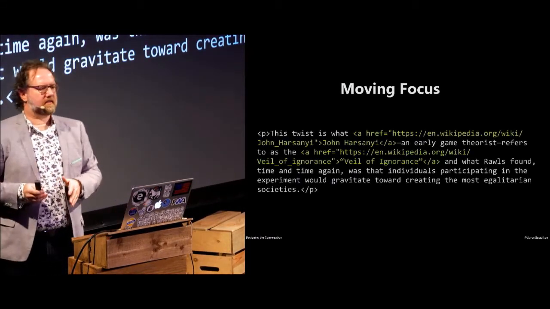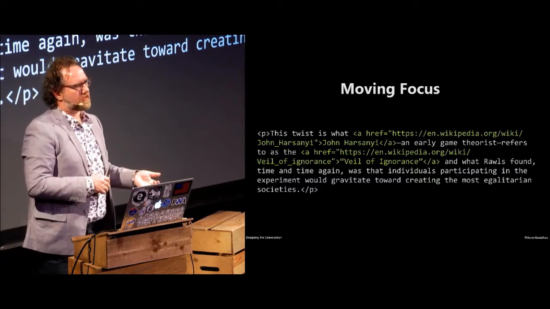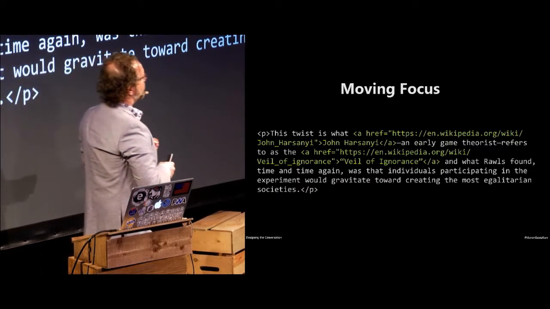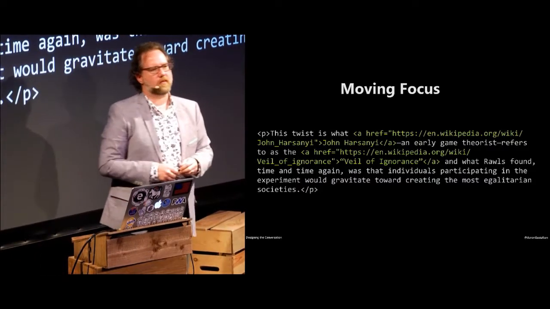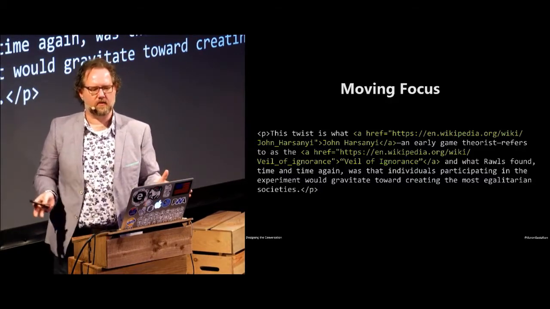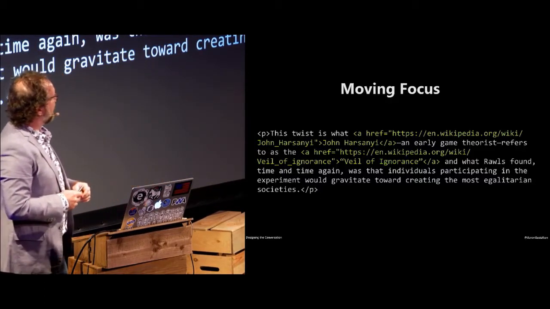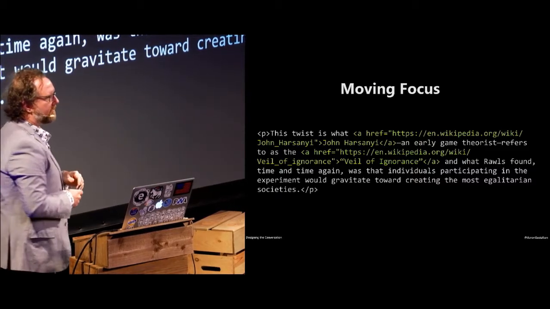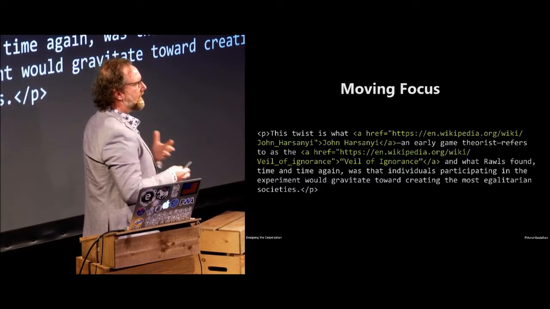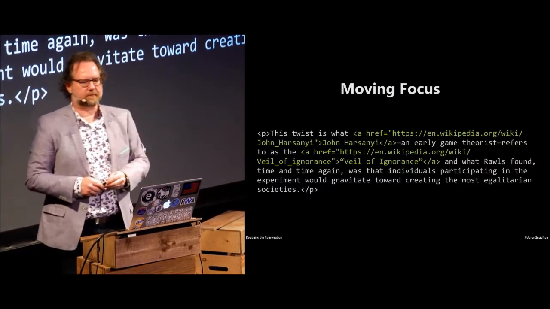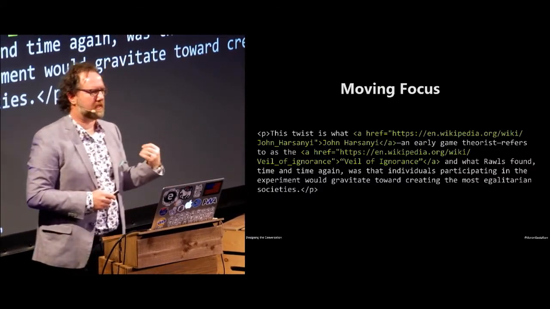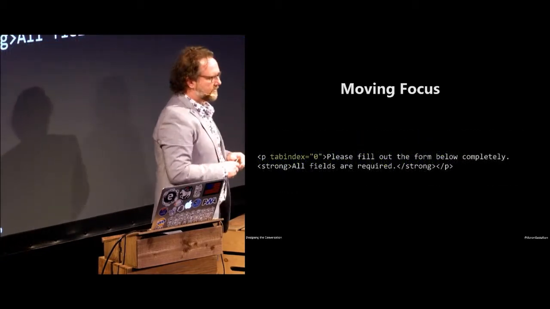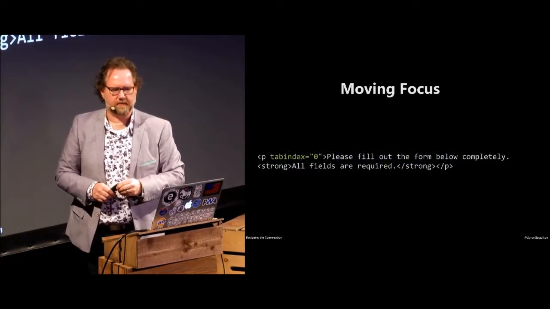Now, in most documents, this means moving from link to link as we move the focus caret, or from form field to form field. And this makes the content that we choose for our links even more important. As I mentioned before, we don't want to have click here, click here, click here, because that's not usable, right? So here, somebody would move from John Harsanyi to the Veil of Ignorance. Those are meaningful, telling you where that link is going and what that content is about. I mentioned forms, and I'm going to come back to forms in a minute because they're a whole other thing, but they do accept focus and allow us to move from field to field.